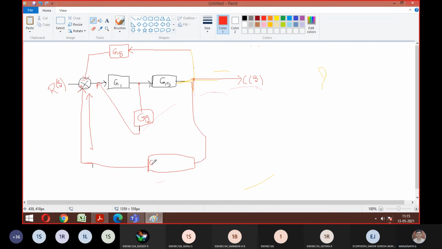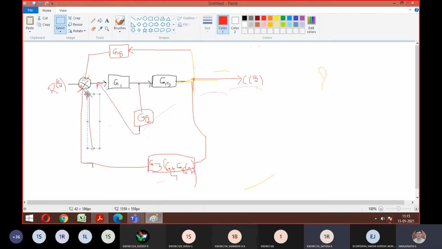Everyone, am I clear? Till here, sir. So it's G3 into G4 plus G6, G7. Okay? So this is one block and the summing point has gone, and it means this G2 will convert directly to the summing point. Now what should be done? Tell me clearly, what is visible to you now?